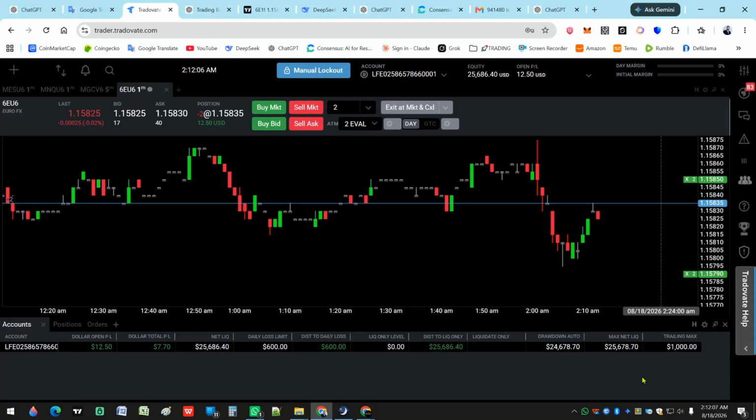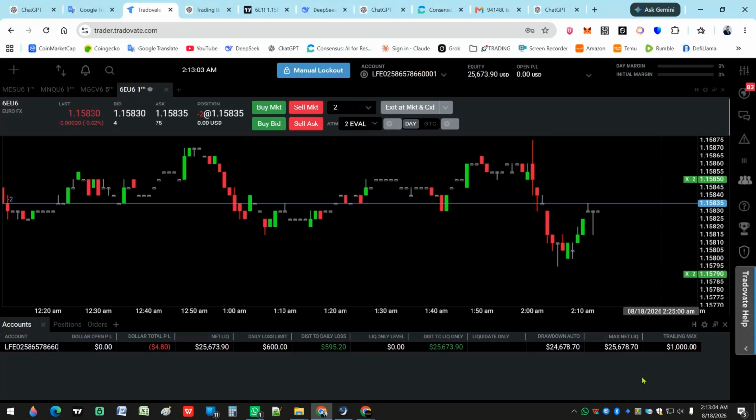I can only use 2 contracts because Lucid Trade, the prop firm that I'm using, allows me in this flex account $25,000 of that to use only 2 contracts during the evaluation process. That is what I have, only 2 contracts. I wish to have 4 contracts for this strategy, for this setup. And the worst part is that when I pass this evaluation phase, in the next phase, I will be able to use only 1 contract. But well,